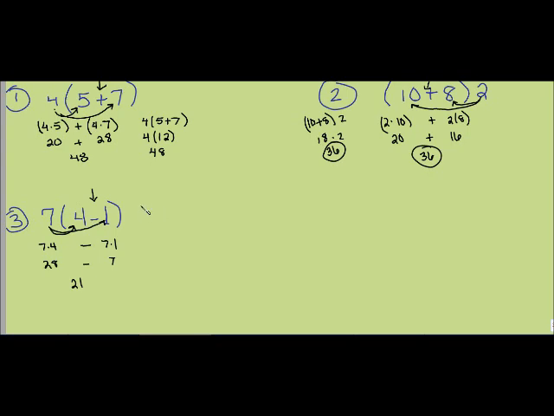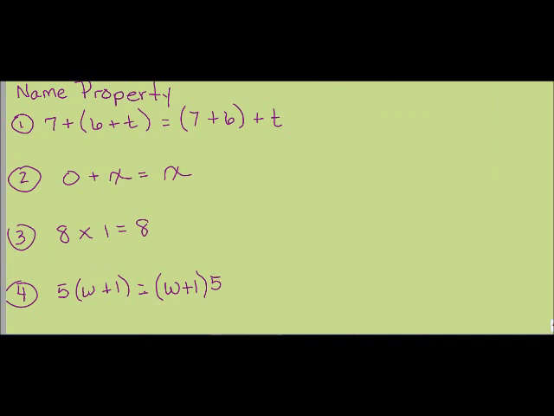So, 7 times 4 minus 1. If I solve inside the parentheses first, 4 minus 1 is 3, and 7 times 3 is 21. Very good. Let's go on to the next one. Now we're going to name that property. Name that property. We have,